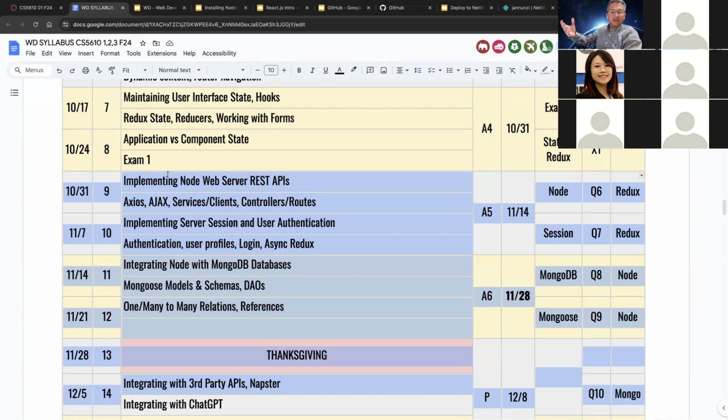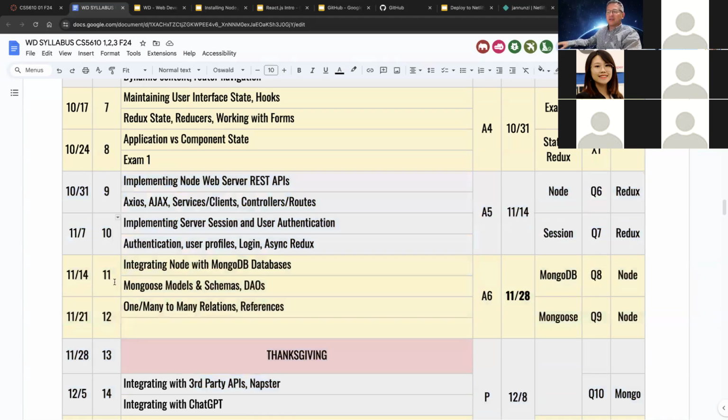In there, we're going to learn how to build servers using Node.js that can listen for incoming requests from clients. Then they can run computation on the server and fulfill the request that comes from clients. They're going to be able to provide data access to in-memory data, file systems, or databases. So we're going to learn how to interact with a Mongo database, which is going to be our